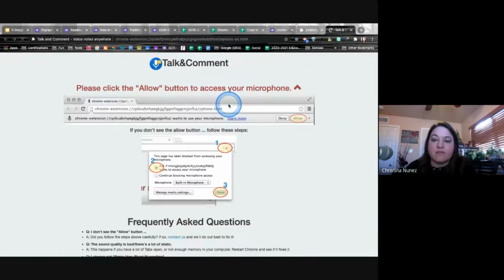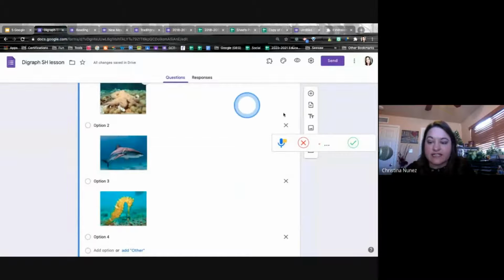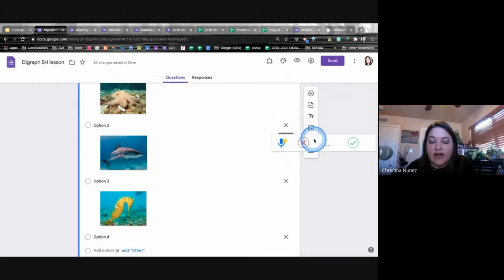Oh, it's not going to pull audio. Sorry, because I'm using a different mic than the one I normally use. I have one here for presenting, but we're going to pretend. So I'm going to go here to check. Shark. Sharks eat fish. And then I'll hit select when it actually does have the microphone. I don't have the microphone hooked into it yet. And then it